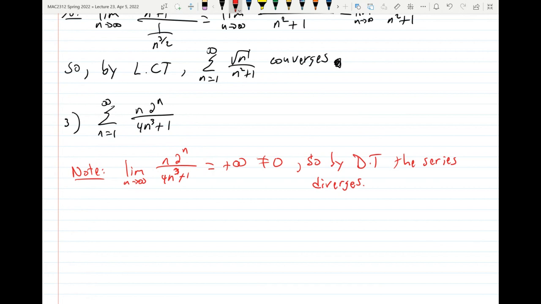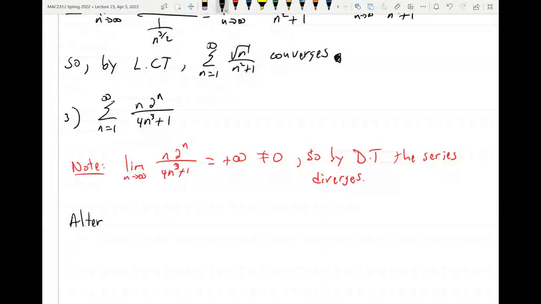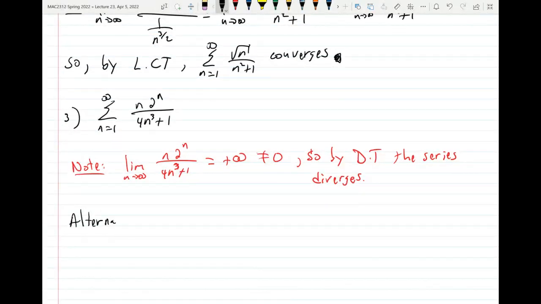Okay? You're done. Now, if you want to, because technically then you need to argue why this limit is positive, and we say here because this goes faster, but in reality, you will need to use L'Hopital's rule, right? And then there will be a product rule involved in the top, and all of that business. So if you don't want to go through that process of computing that limit to justify why you're saying that, then let's exchange that for something easier. So alternative